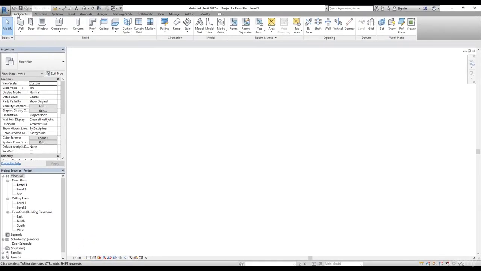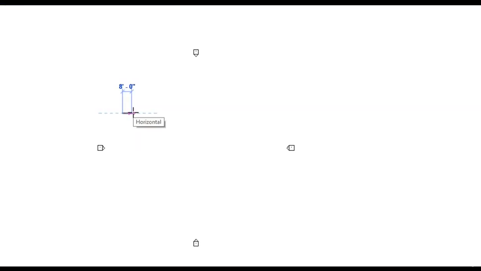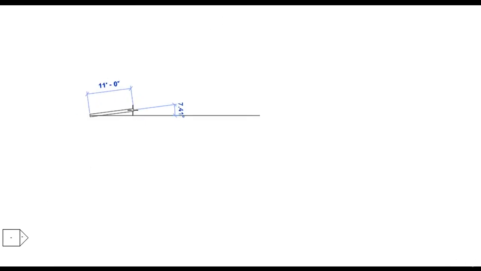I'm going to go to the Architectural tab, and then we're going to start with the wall command. I'm going to zoom out, and then I'm going to start my wall command from this arbitrary point. And now at this position, you can see my cursor is jumping every 4 feet. I'm going to zoom in, and now it's jumping every foot. As you can see here, if we zoom out a little bit,